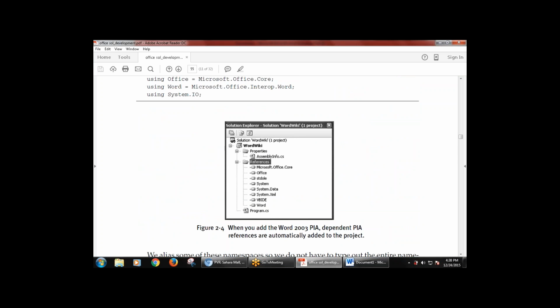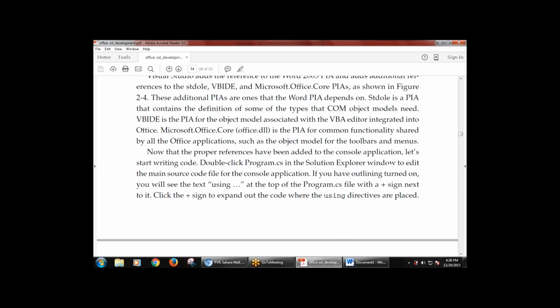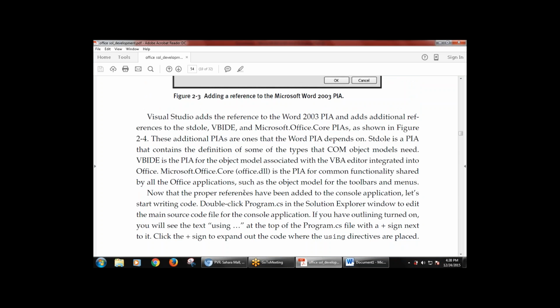So this is shown in Figure 2.1, which has various references like Microsoft.Office.Core, Office, stdole, System.Data, and System.Xml. So that is used as XML data for the various options. COM objects are also used as various objects, and VBIDE, which is the main subject here, is the Visual Basic Integrated Development Environment,